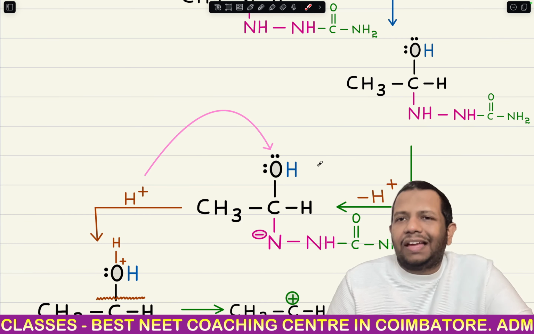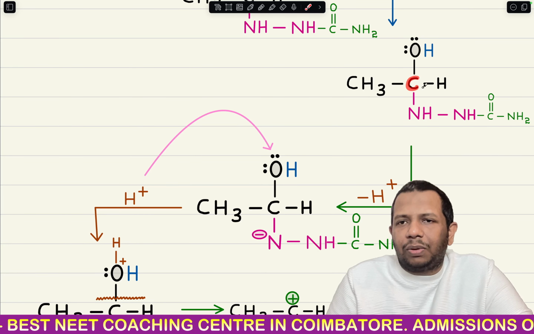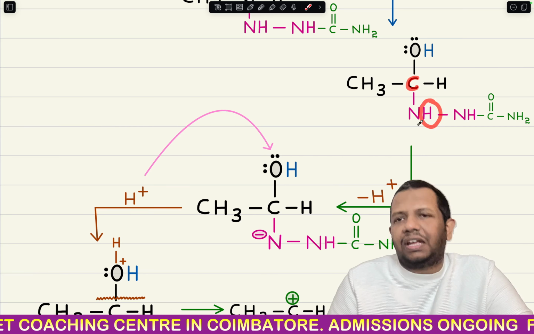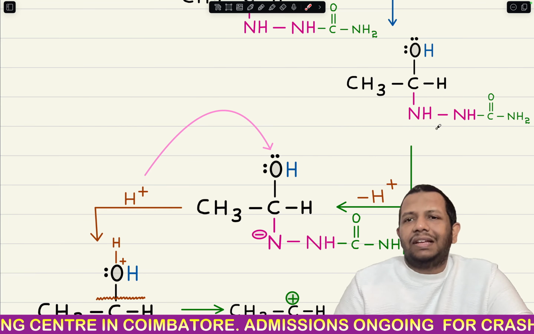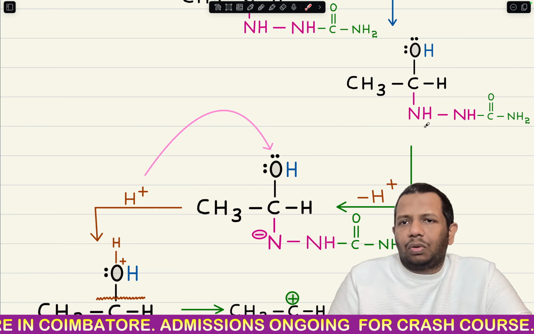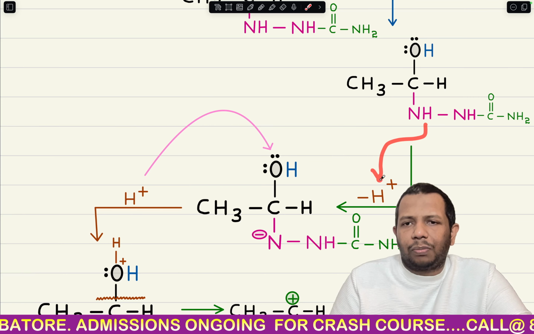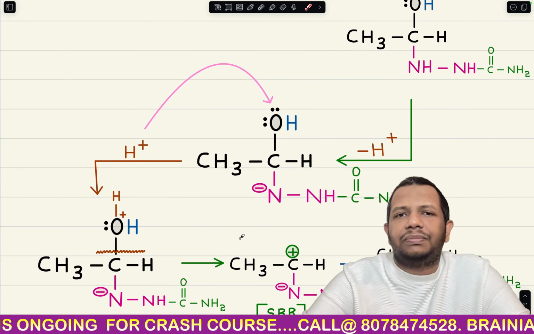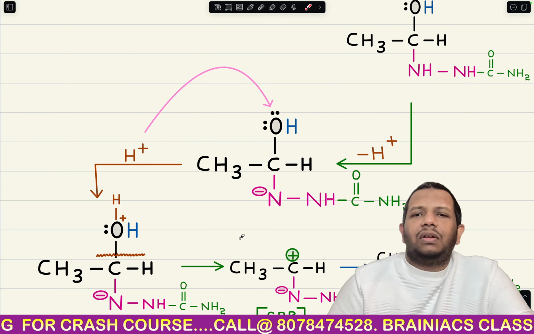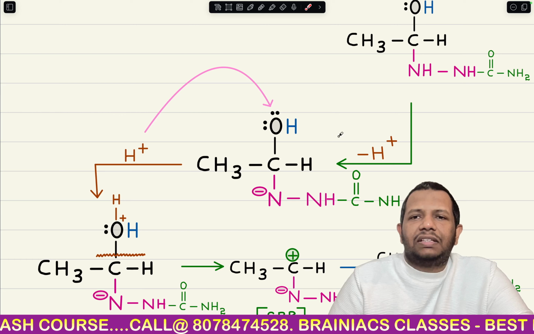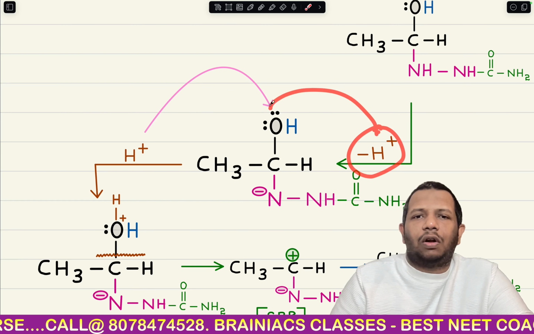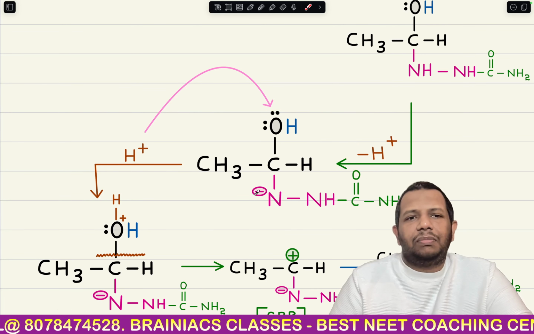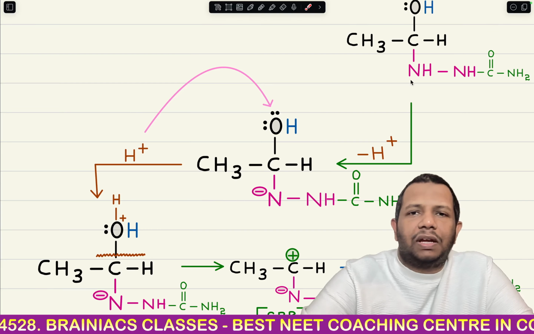But the problem here is, again you can see carbon is connected to a nitrogen atom, and that nitrogen atom again has a hydrogen atom. So I can easily say this is acidic in nature. So what will happen? H plus would be removed from here and a negative charge would come here to the nitrogen atom. You can see. When it comes like that, this H plus will attack the lone pair of the oxygen atom, and again as I explained,